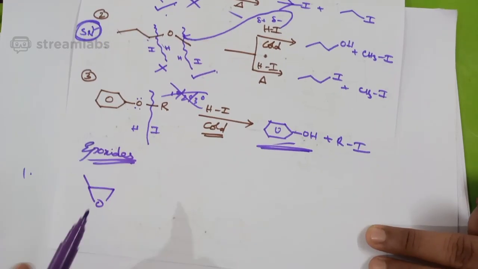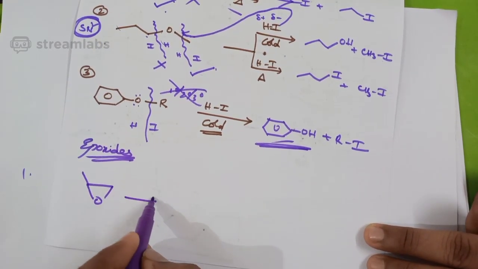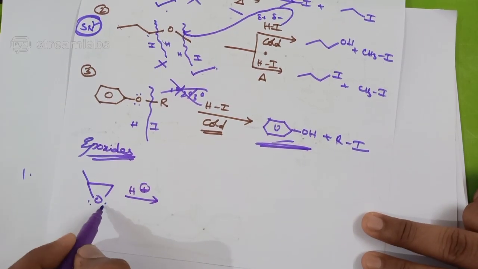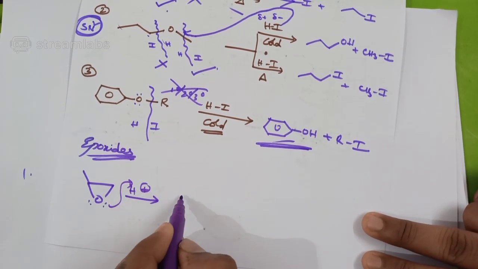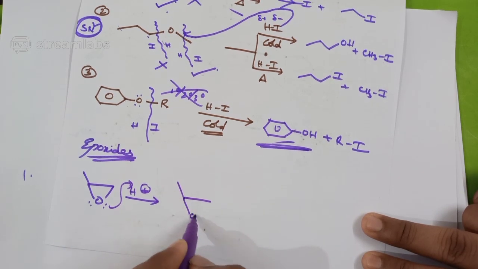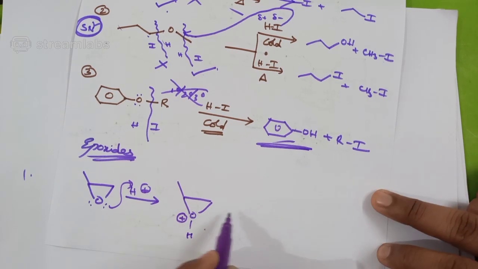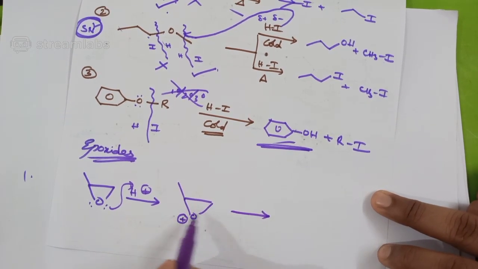A 3-membered ring with oxygen is called an epoxide. First, I treat it with H plus ion. What is the reaction? Here oxygen has a lone pair, it is the base, and here is the acid. So it gives like this. Very simple. Now, any one of the bonds must cleave, either right or left, because O plus is unstable,